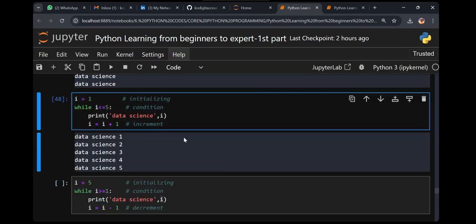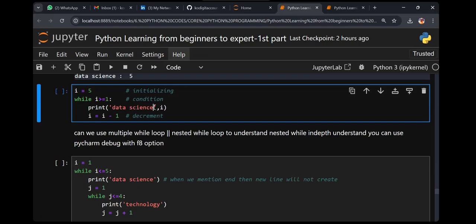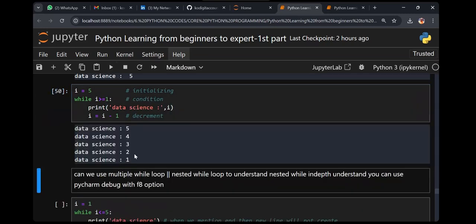You can also mention like this. You check this. Clear? How do this is 1, 2, 3, 4, 5 incremental. 1, 2, 3, 4, 5. Now decremental. What do you do? Just again apply I with the same code. Decremental 5, 4, 3, 2, 1. Guys, do you understand? While loop we use when we have some conditions.